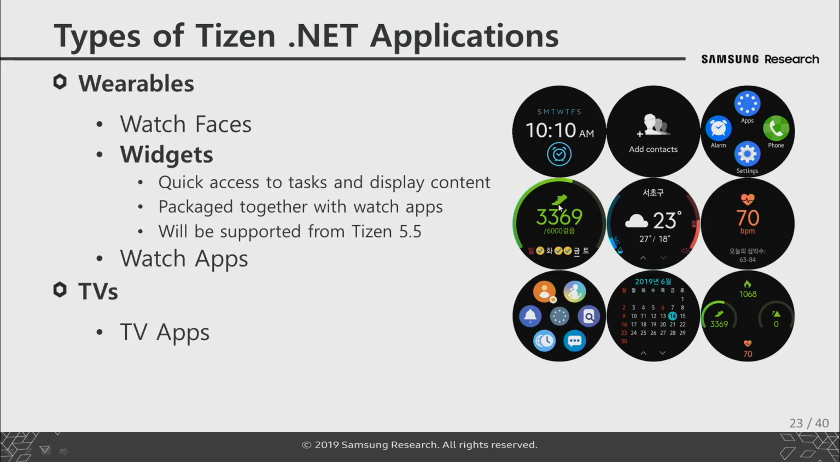Next we have the widgets. Widgets are one page of the application. They provide quick access to tasks and display content. They are packaged together with the watch apps. Unfortunately, widgets are not supported at the moment. They will be supported from Tizen 5.5. From the 5.5 official release, you can use Tizen.NET to create widgets. And on the right,